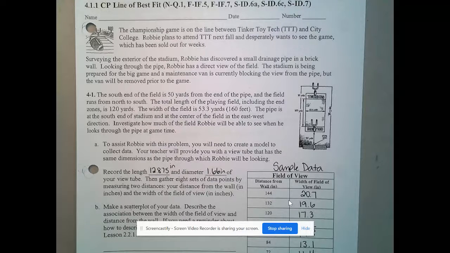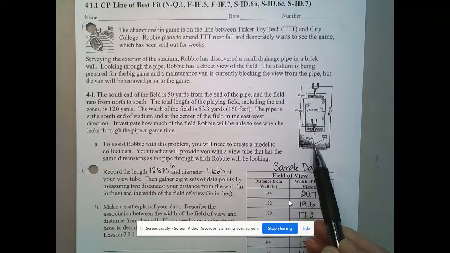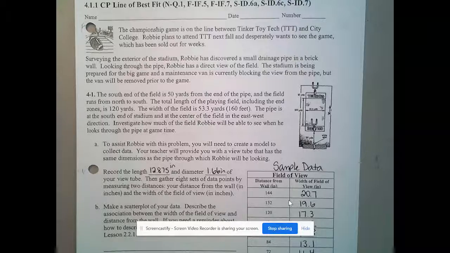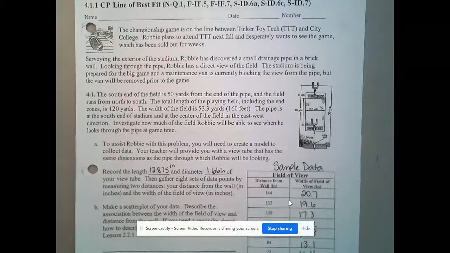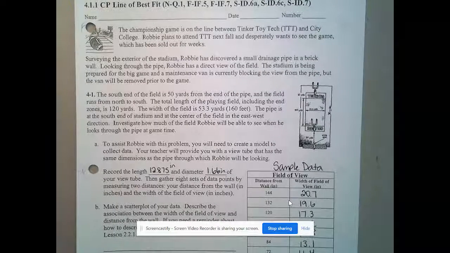The south end of the field is 50 yards from the end of the pipe, and the field runs from north to south. So you can see that there's a diagram here with the pipe, and there's 50 yards between the end of the pipe and the end zone. The total length of the playing field, including the end zones, is 120 yards. So that's standard, 100 yards for the field, 10 yards for each end zone. The width of the field is 53.3 yards, or 160 feet. The pipe is at the south end of the stadium and at the center of the field in the east-west direction. Investigate how much of the field Robbie will be able to see when he looks through the pipe at